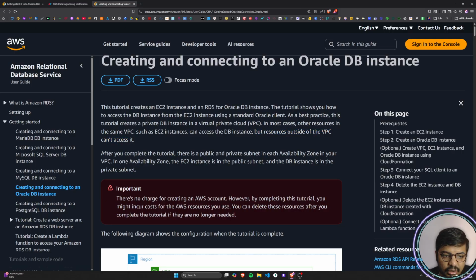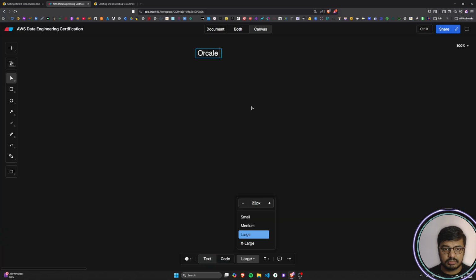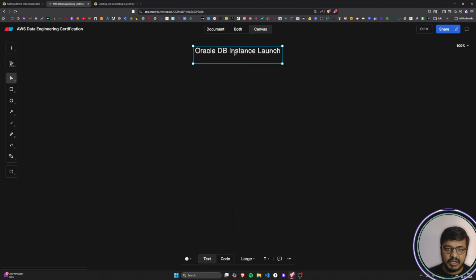After you complete this tutorial, there is a public and private subnet for each availability zone in your VPC. In one availability zone, the EC2 instance is in the public subnet and the database instance is in the private subnet. So as I already told you, let's suppose I talk about the Oracle DB instance launch. The architecture that we will be following here is, firstly,